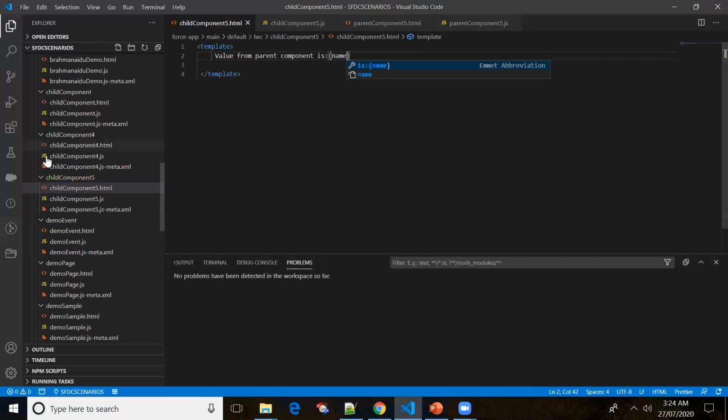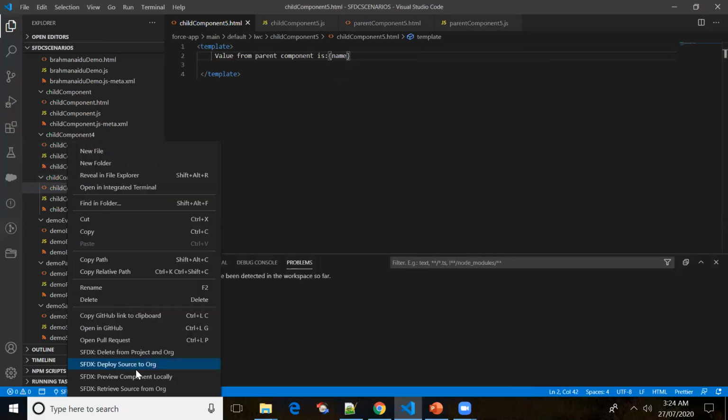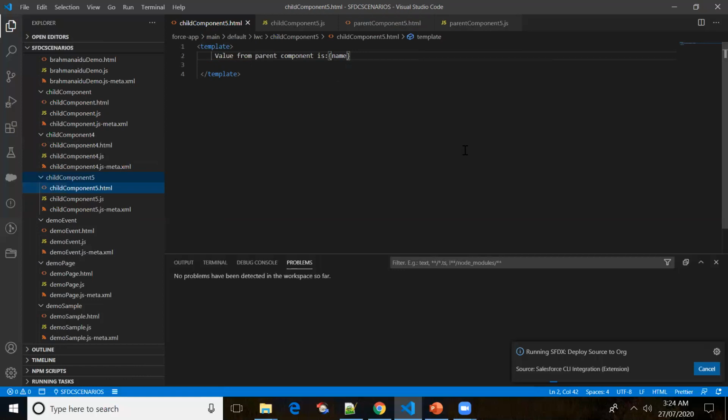Let me deploy the child component as well and push this code to the source org. So we are successfully able to deploy the code to the source org.